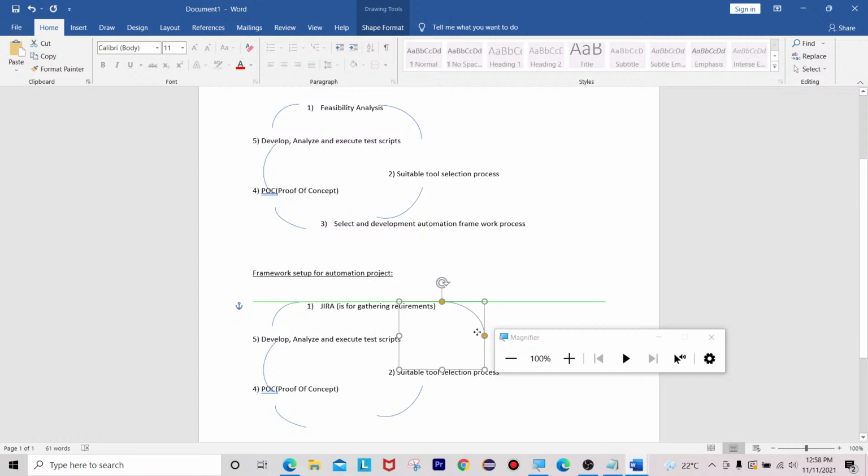Jira is for gathering requirements. Okay, and the next step is